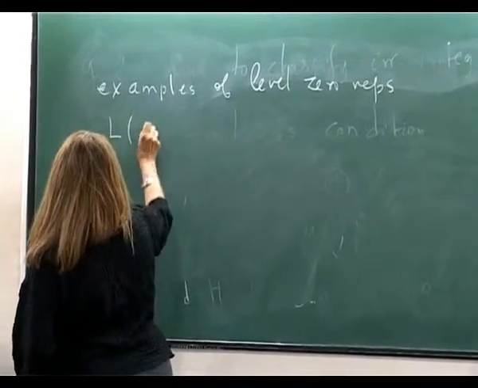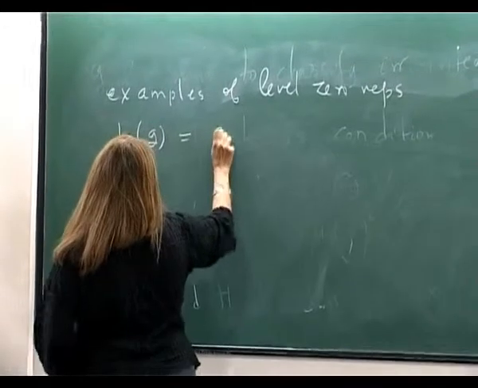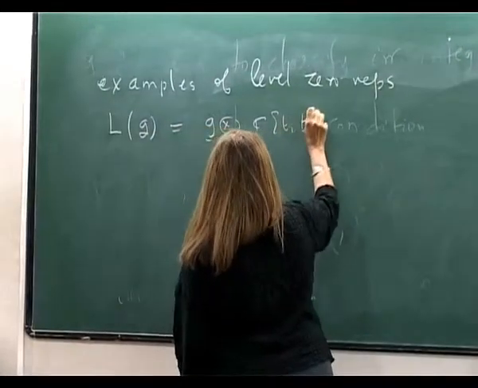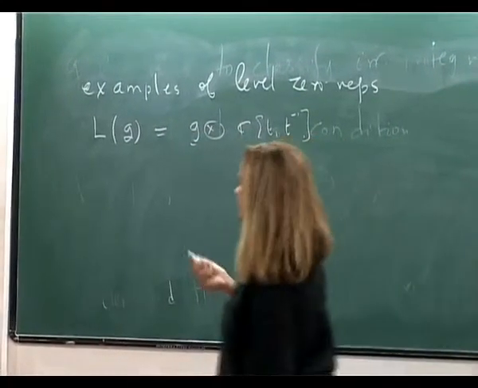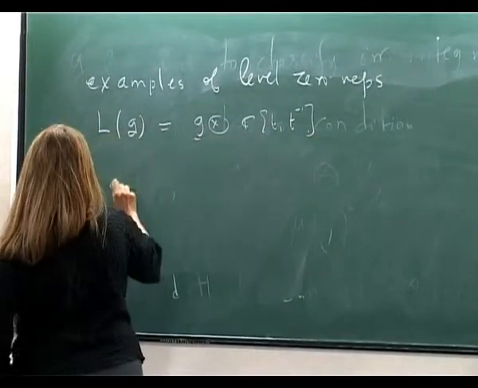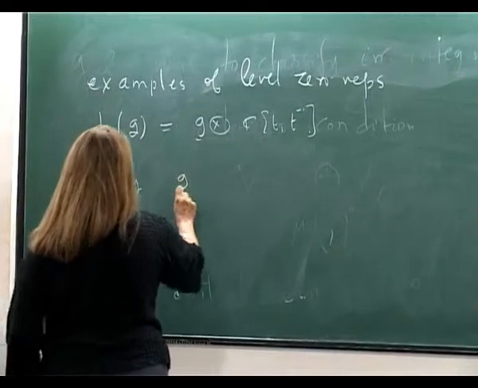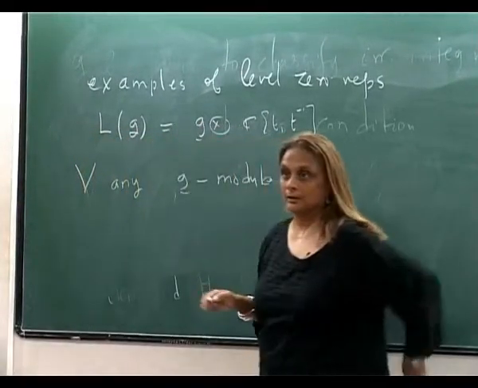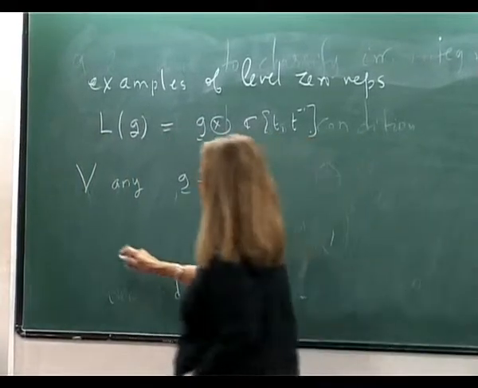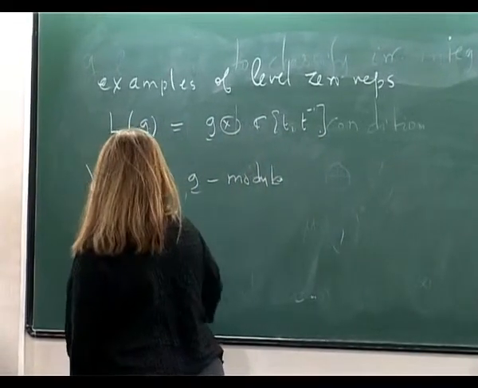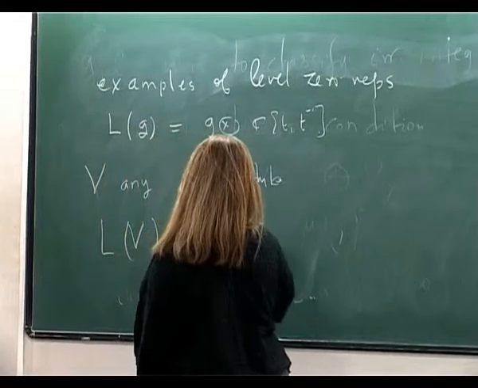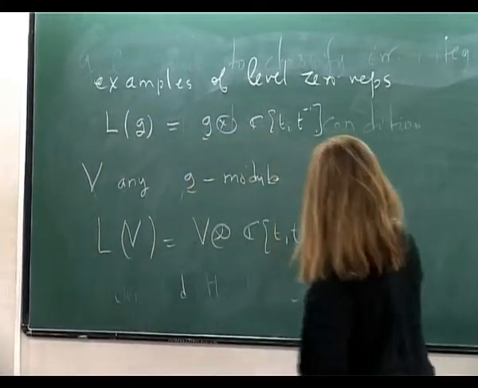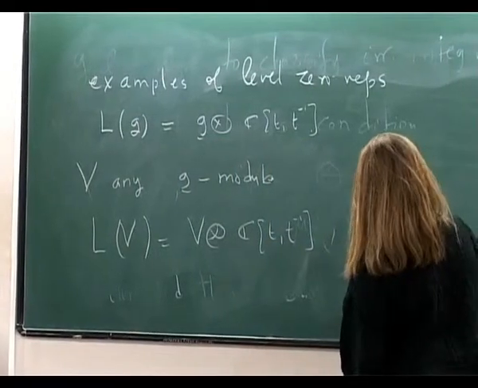What does LG look like? It looks like G tensor C[t, t inverse]. Right? So more generally, let me take V to be any vector space, so in particular, V any G module. Then I take L(V) to be V tensor C[t, t inverse]. And I can define a g hat module structure on this